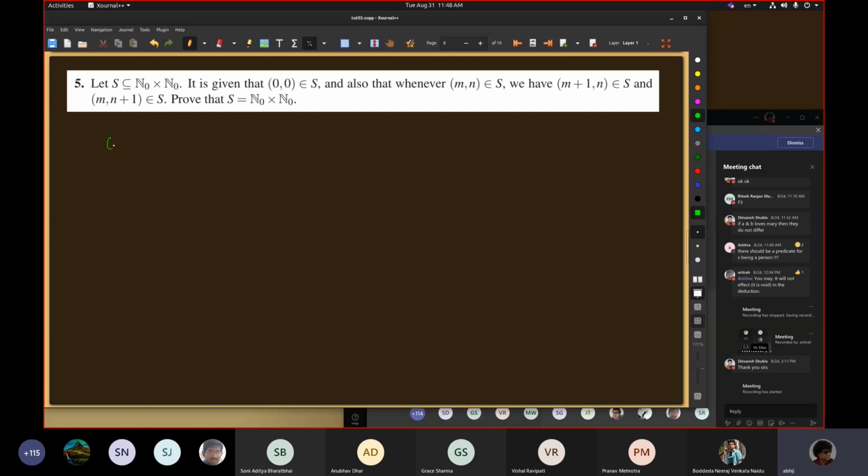If I use 0, 0 in S and m, n in S implies m plus 1, n in S, then using those two things, if I take n equal to 0, I can show that